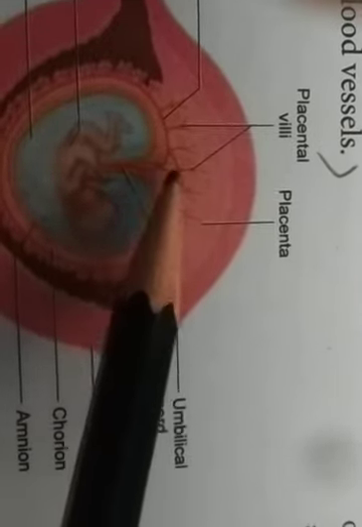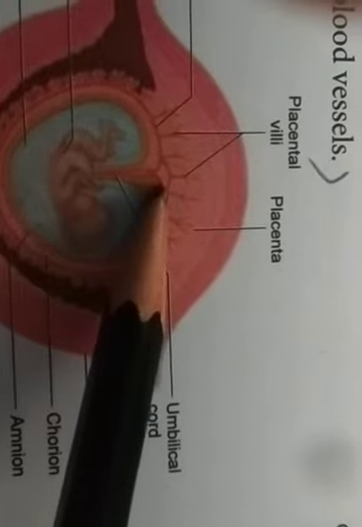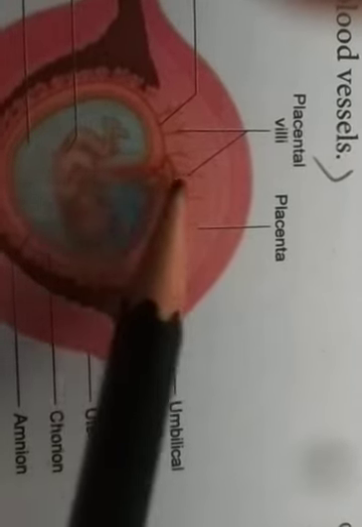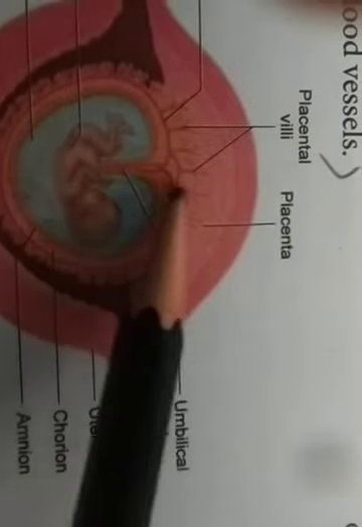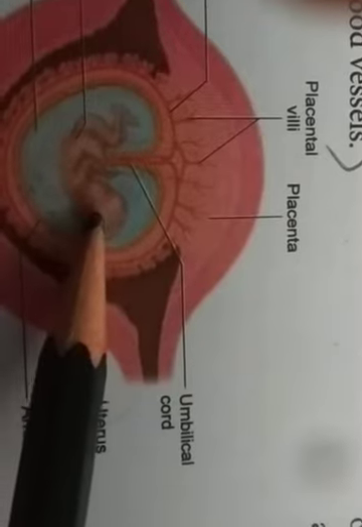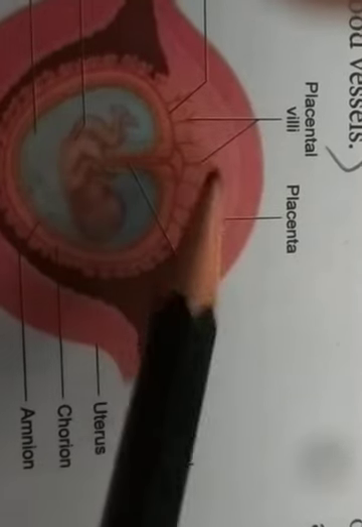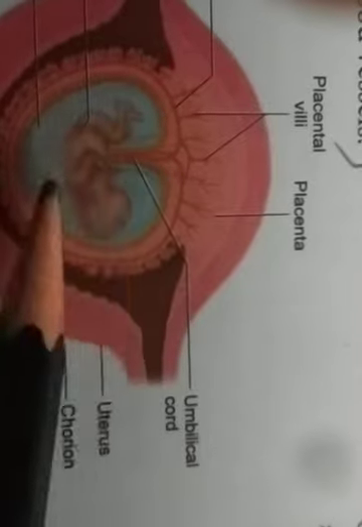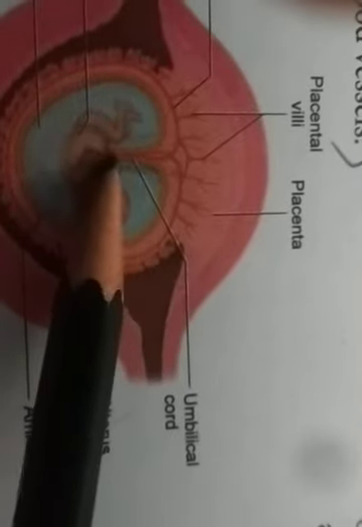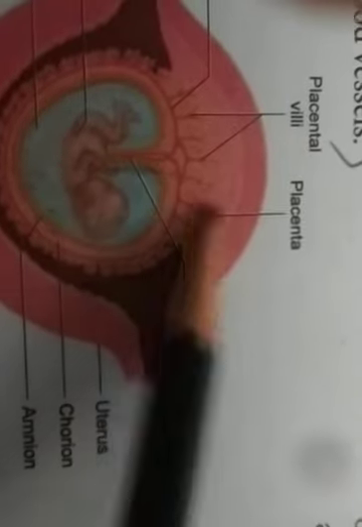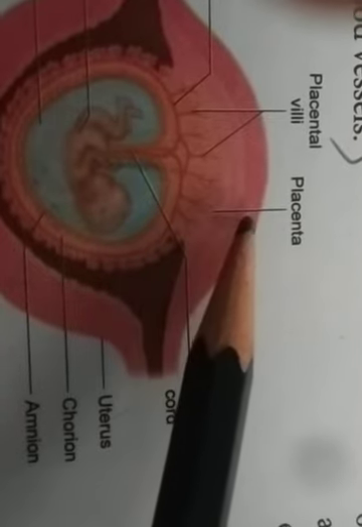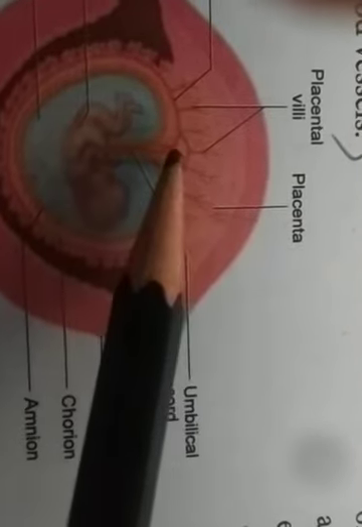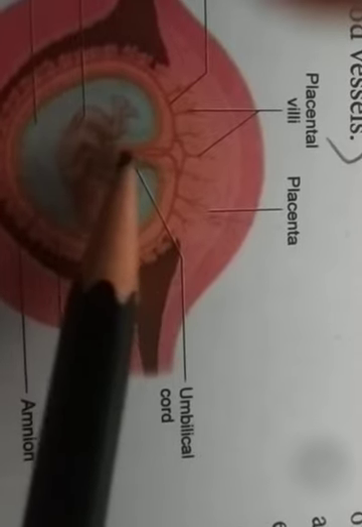Okay, so the placenta is a temporary endocrine organ formed during pregnancy, and it connects the fetus to the uterine wall. It connects the fetus and the uterine wall through the umbilical cord. With the help of this umbilical cord, they connect the fetus and the uterine wall. This is the placenta. The placenta is an endocrine tissue. It is the organ by which the nutritive, respiratory and excretory functions are fulfilled.